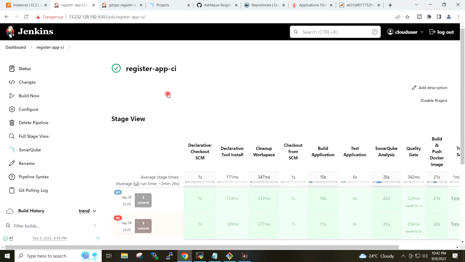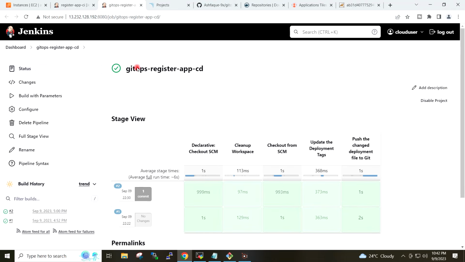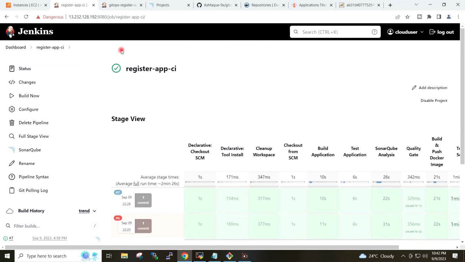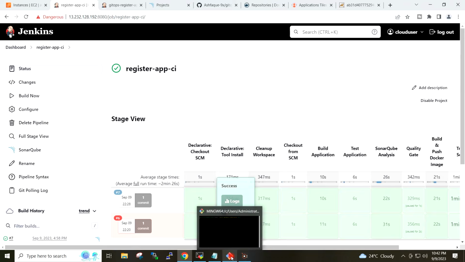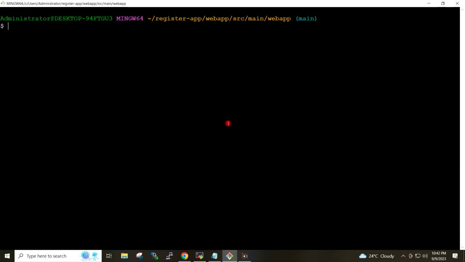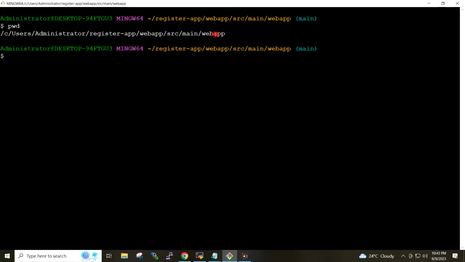I have opened the CI job and CD job on two different tabs, and I'm connected to my remote repository from my local system using Git Bash. And in my repository, I'm inside this folder.